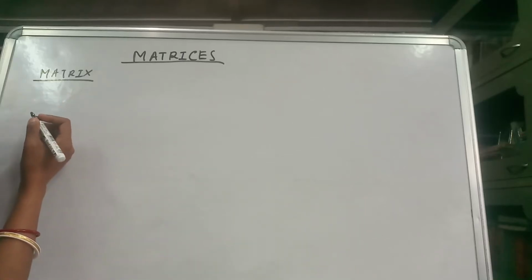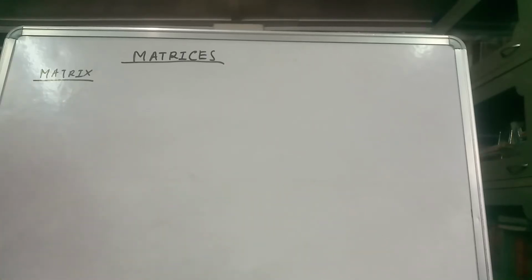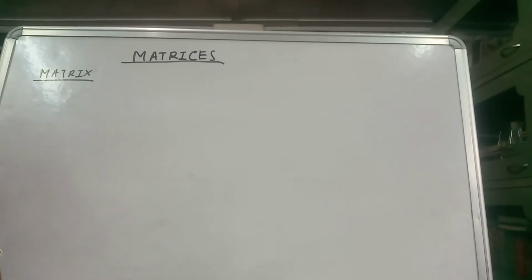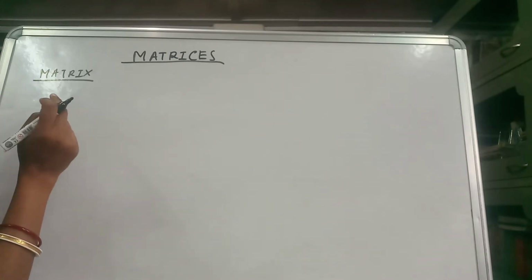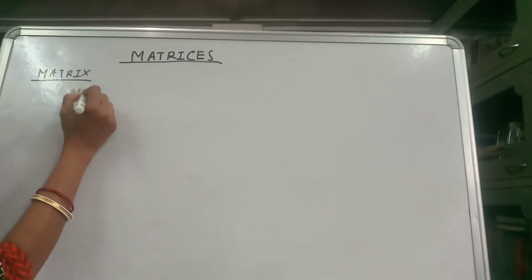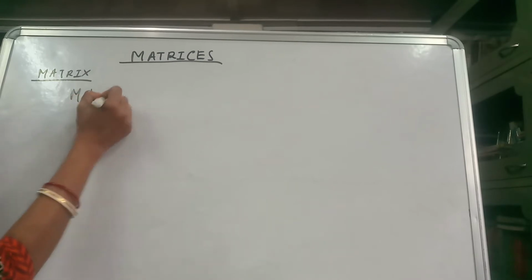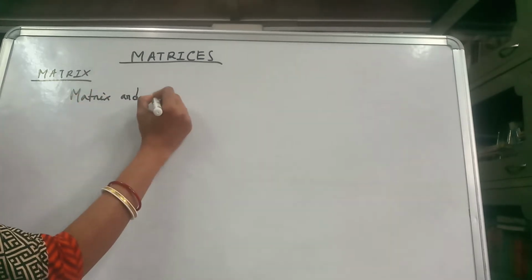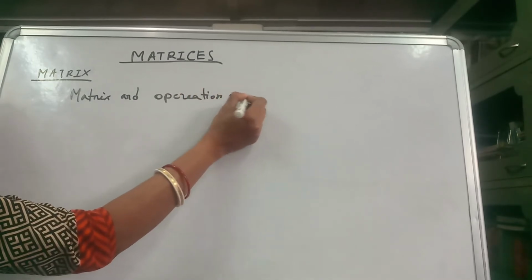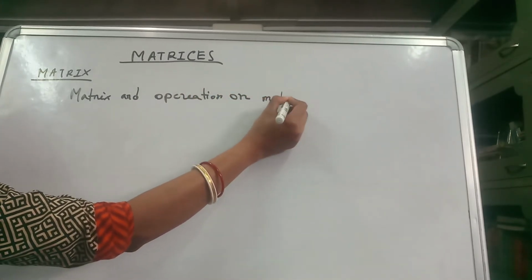Students, today we will start a new chapter for class 12 mathematics, which is called matrices. This chapter contains for class 12 these topics: matrix and operations on matrices,